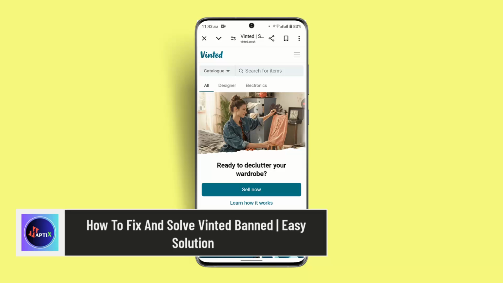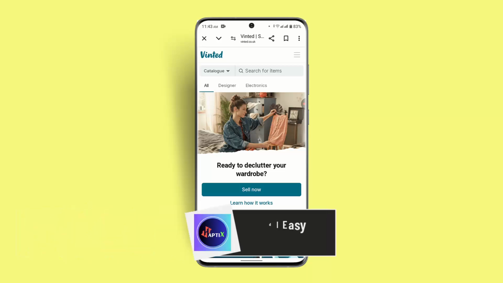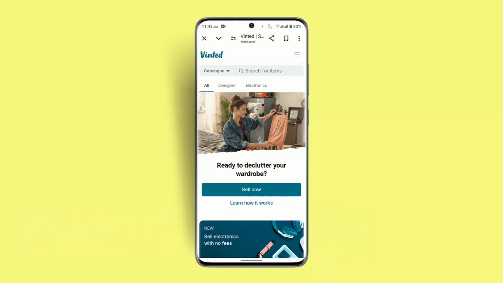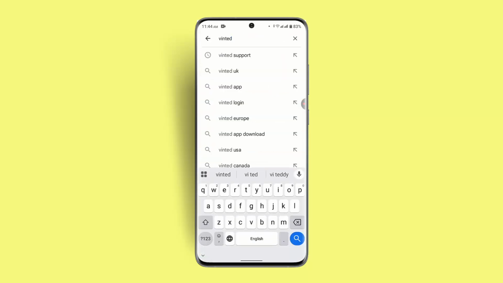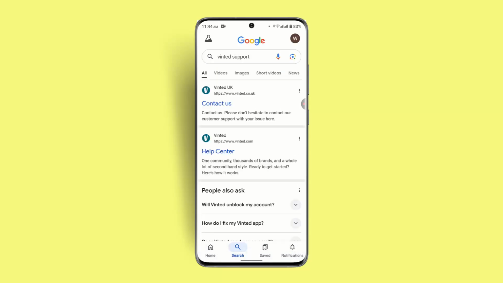To fix and solve Vinted ban, you could follow these steps. First of all, the primary solution is to appeal the ban decision by contacting Vinted support. Now, explain why you believe the ban was a mistake and provide any relevant evidence to support your claim. Now here, what you want to do is go to the browser and type in Vinted support, and then you could go ahead and click on the first link that comes,